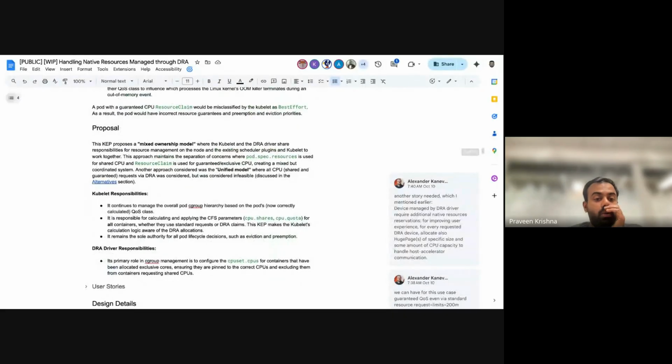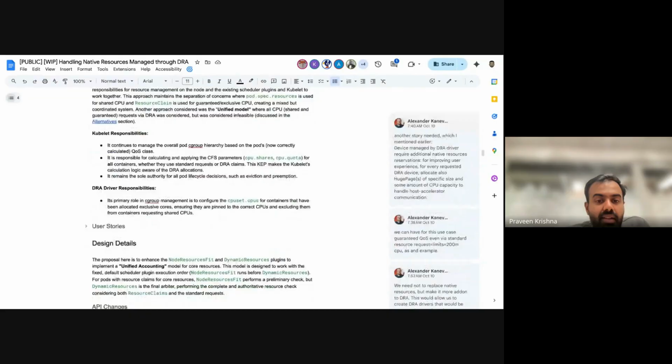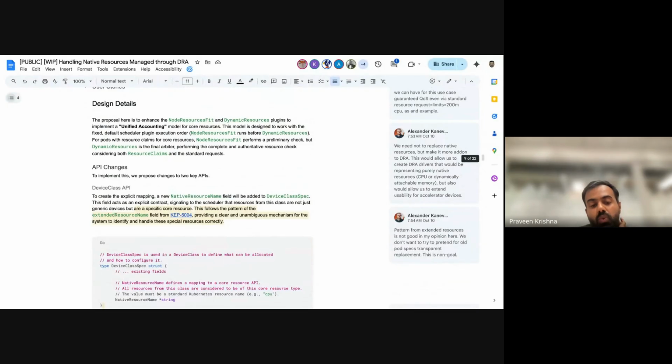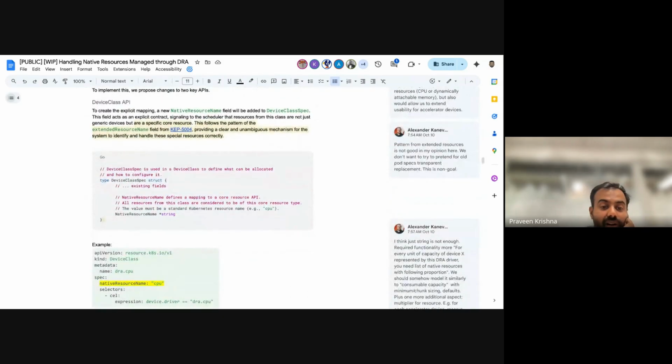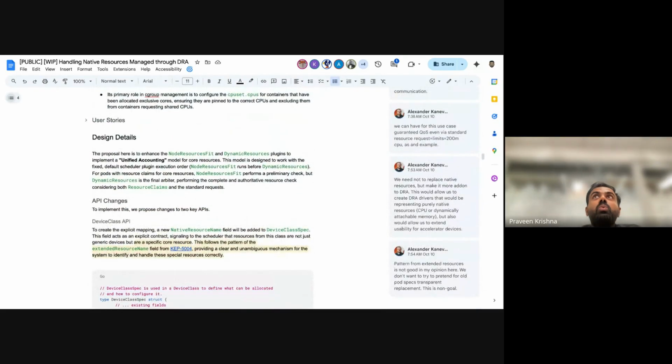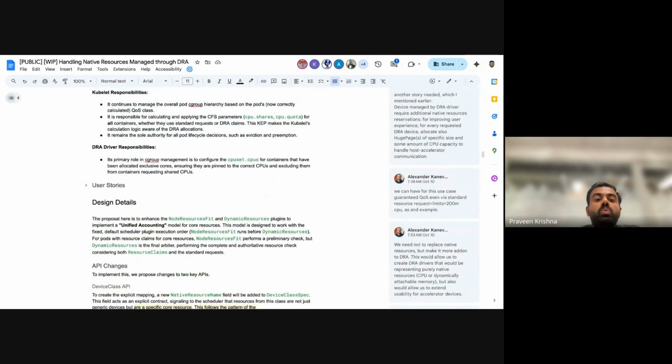So the proposal that we had was some changes on the DRA API to make the scheduler work. But before that, I wanted to bring up a couple of more high-level questions. One, now with DRA, basically do we say that